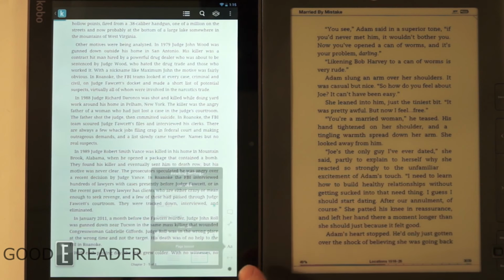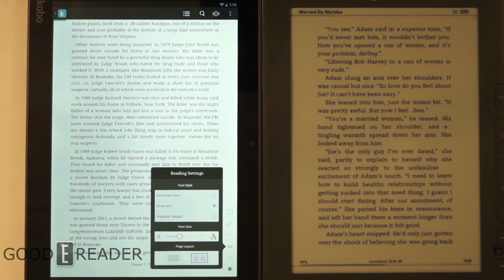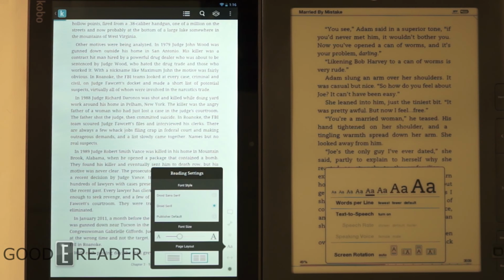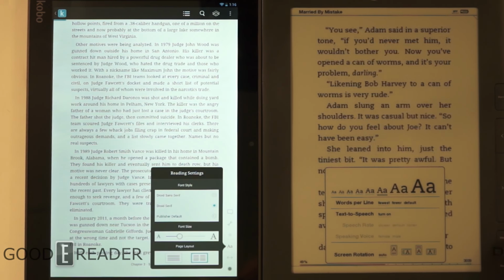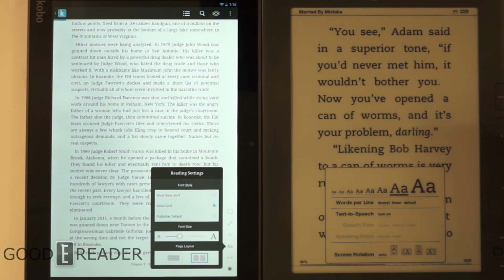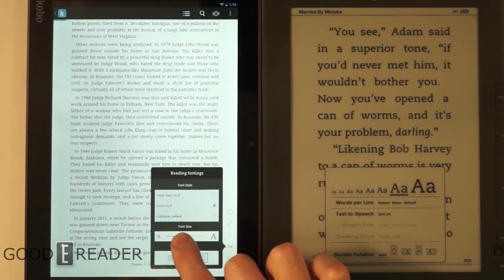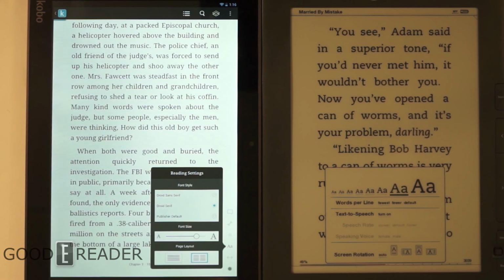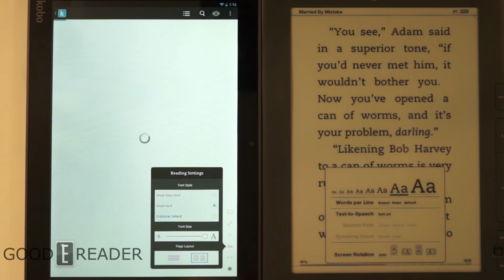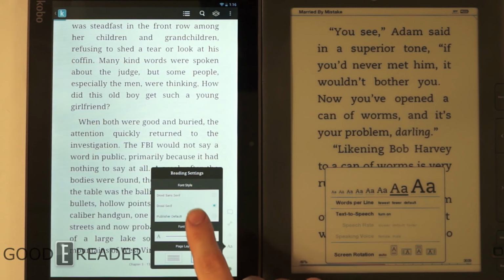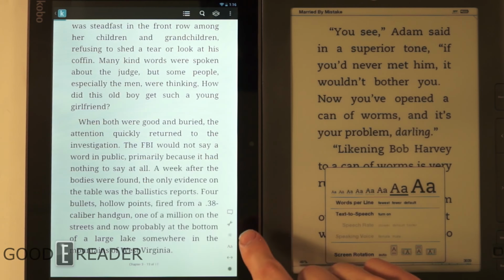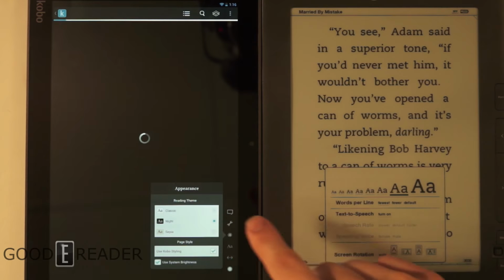So if we tap the middle, we have the little double A button, and as well we have the double A button on the keyboard on the Kindle. So let's check this out. You can change text on the Kindle by moving right or left on the little bar. We're going to leave it really big because it looks a lot better on camera. And we're going to change this to really big as well by sliding the bar. Let's change it a little bit bigger so we can get a good idea. There we go. You can change the font styles, the page layout,